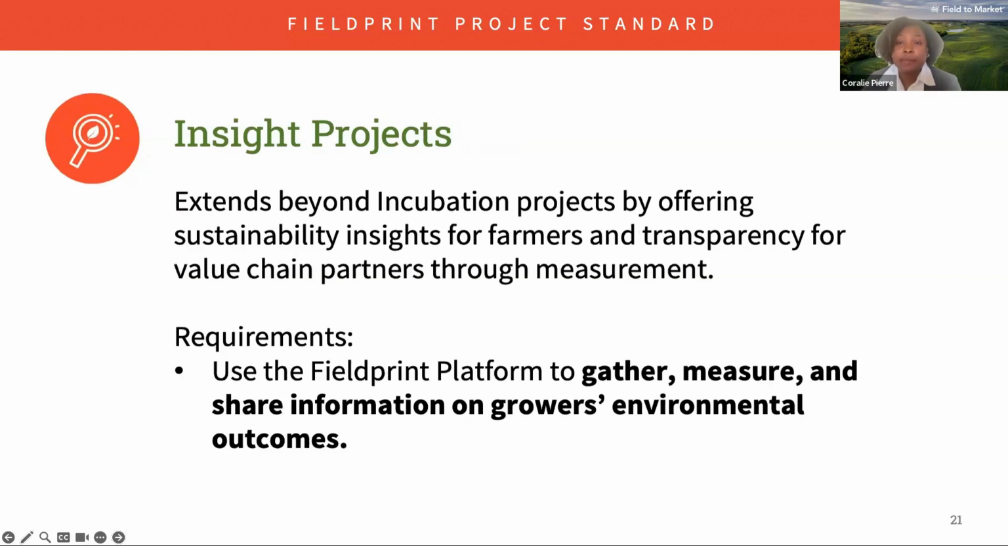While insight projects extend beyond incubation projects by using the Fieldprint platform to gather, measure, and share information on growers' environmental outcomes. One example could be a grain aggregator that uses the Fieldprint platform for peer-to-peer learning for farmers in their mill shed, as well as aggregating those results for a downstream customer who can also be part of the